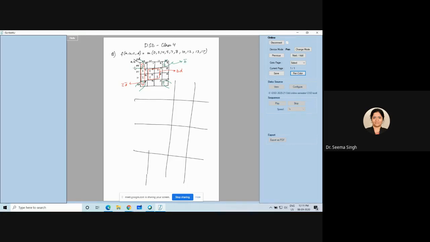A is changing because A is 0 here and 1 here. Now coming to C, C is also changing because C is 0 here and 1 here. But D is not changing because D is 0 here, here, here as well as here. So it is B bar, D bar. So this function reduces to C bar D bar, B D and B bar D bar.